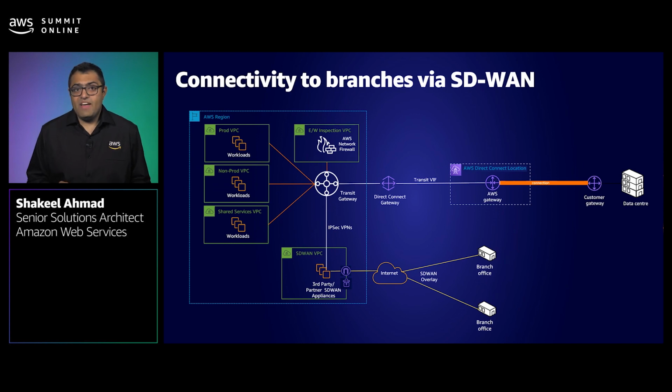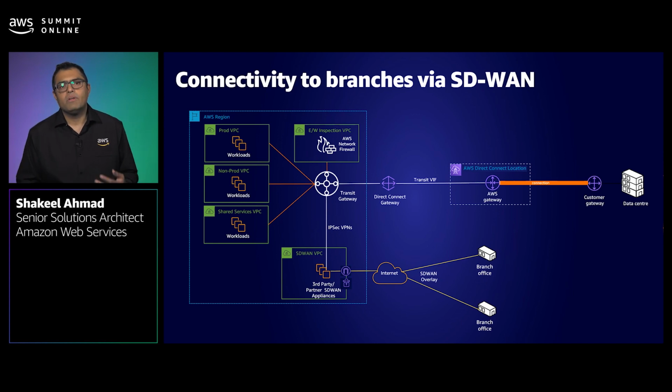Let's talk about SD-WAN now, or software-defined wide area network. SD-WANs have long been used to connect data centers and branch offices over the public internet. Today, those networks must also extend to the cloud. However, traditional SD-WAN infrastructure is not always well suited for the task, and it significantly increases the complexity and operational burden because you may be using EC2 instances to have those VPNs coming in all over, right?